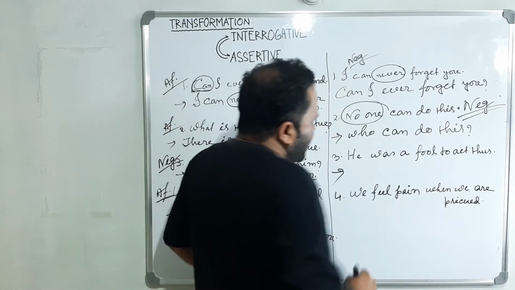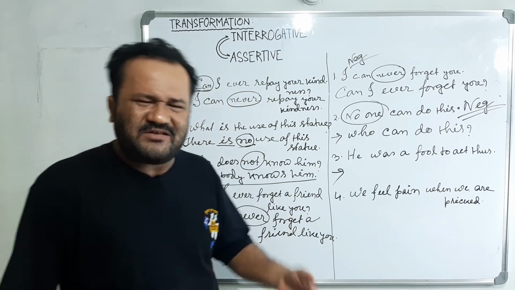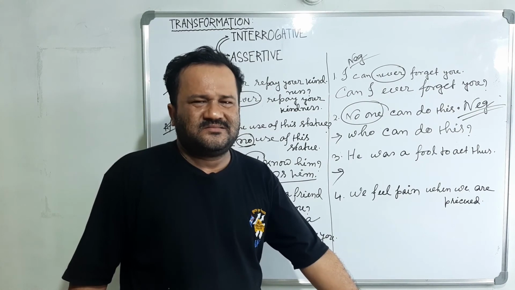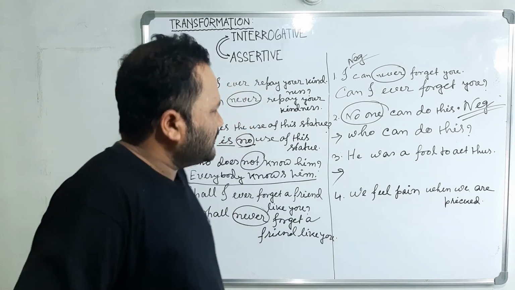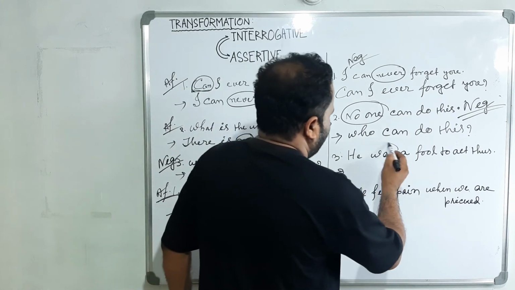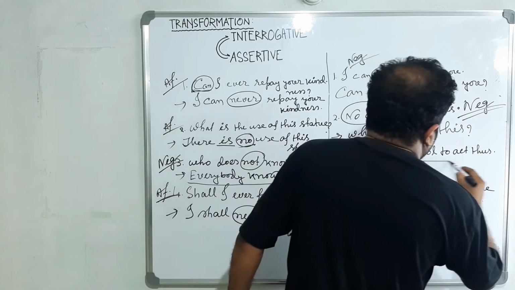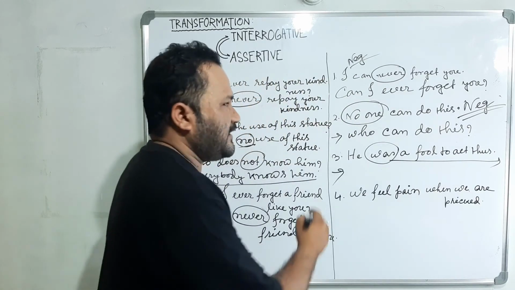Here, he was a fool to act thus. He was a fool to act thus. So, there is no negative word. That means it's an